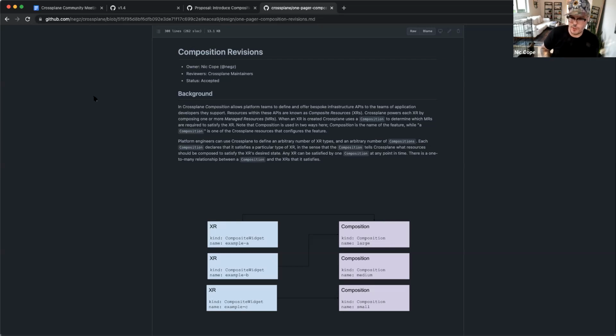I'll need to nudge the other maintainers to do another review pass so that we can get it in before the feature freeze next week, but I'm definitely hoping to have that in for 1.4. It will be behind a feature flag. One thing we're looking at doing going forward is putting all alpha features, definitely in Crossplane core and potentially in providers, including alpha resources, behind a feature flag and off by default. We have definitely found that even though we have API types and code marked alpha, it's easy to miss that and not understand the expectations, but Crossplane basically doesn't have a contract for alpha resources.